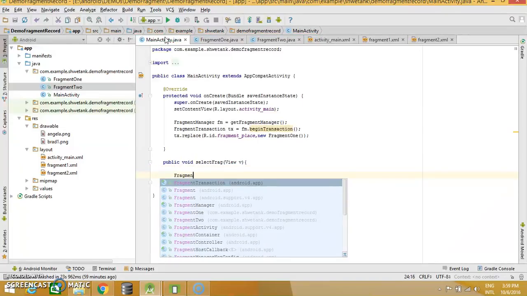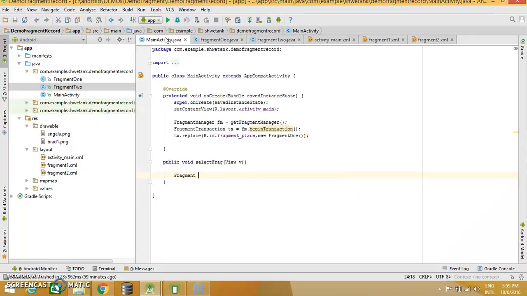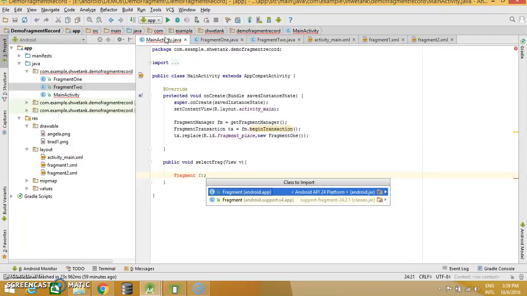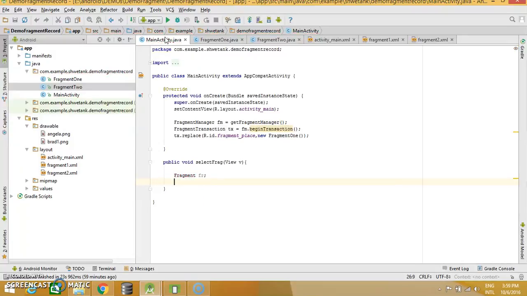Here first I'll declare a variable, Fragment fr. And then I will figure out which button has been clicked.